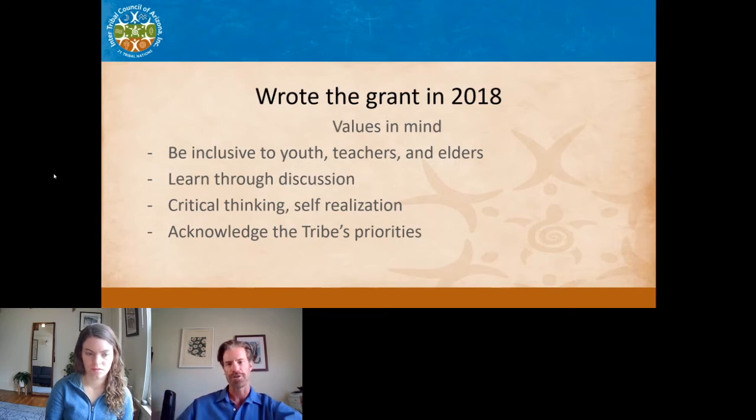If you had been to a college course, probably a little bit higher, especially like an English course, what you'll do is you'll sit and you'll read possibly a novel, and then everybody will discuss the novel. And then you sort of realize certain things, certain issues as you discuss it, and it's like a self-realization type of process. This is what we kind of wanted, and the method which we wanted to do it. In addition, we wanted to take a look at what one tribe's priorities are may not necessarily be for the other tribe. So we wanted to learn from each tribe individually. Go ahead, next slide.